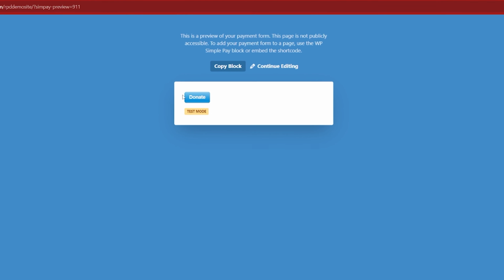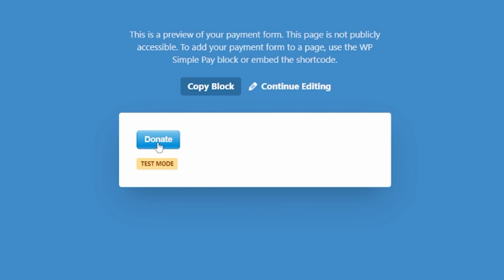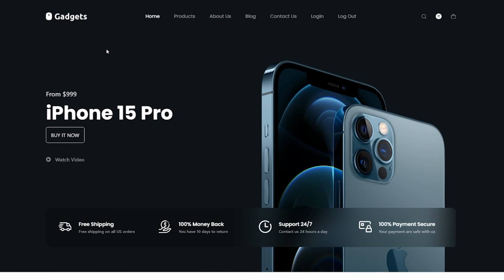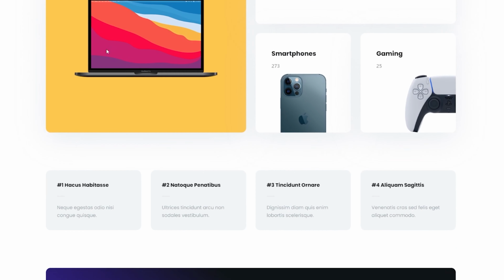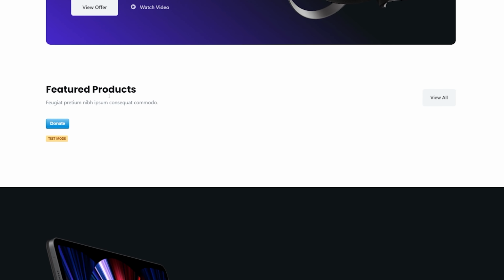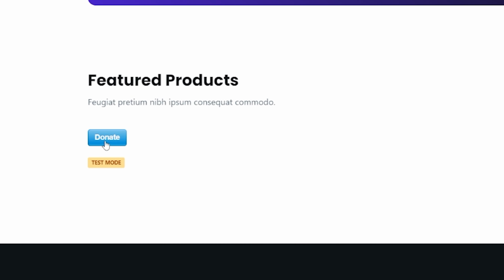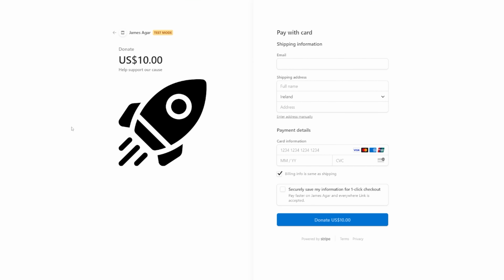Let's have a quick look at what that can potentially look like. And this is literally it. You're going to generate this donate button, which we can put into any page. And if you're wondering what that might look like on a page, now you can amend this however you see fit. But right there, you just have a donate button, which we can press, and it immediately takes us through